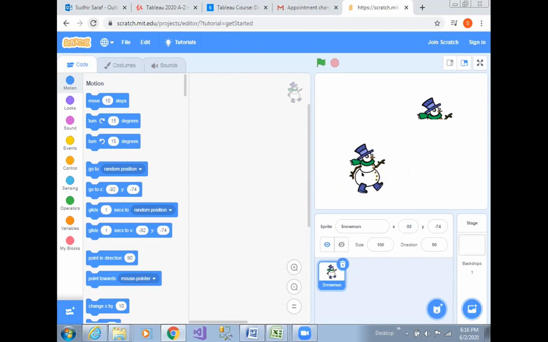Okay. From where did you get this? You guys are not able to see the snowman. No. Actually, it's behind the screen. Currently, I'm using this. You are using one laptop or multiple devices and you share the entire screen. Now I got it. Okay.